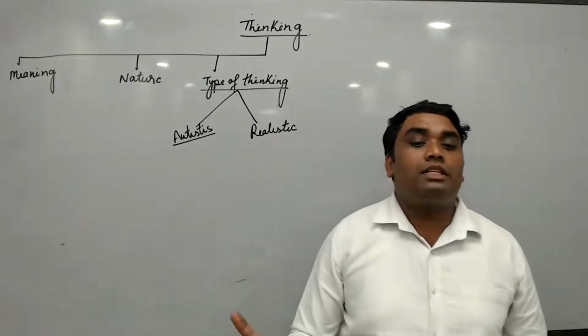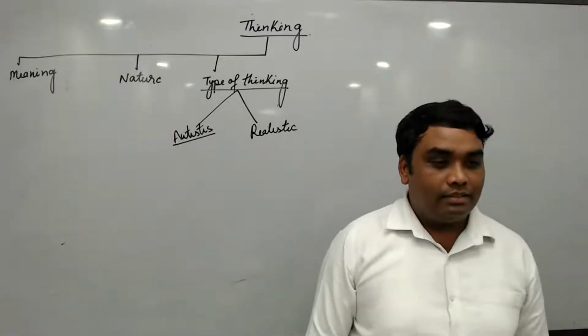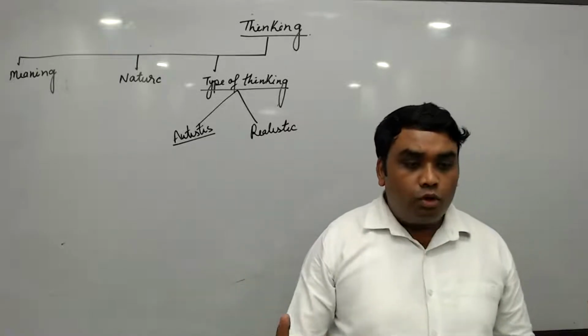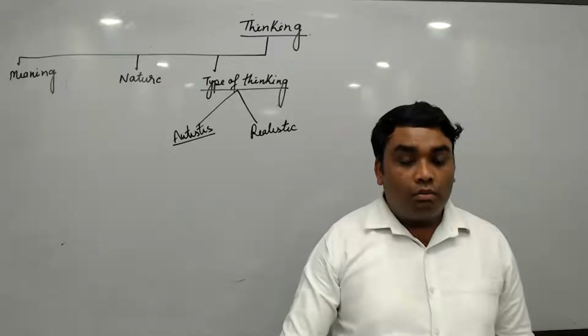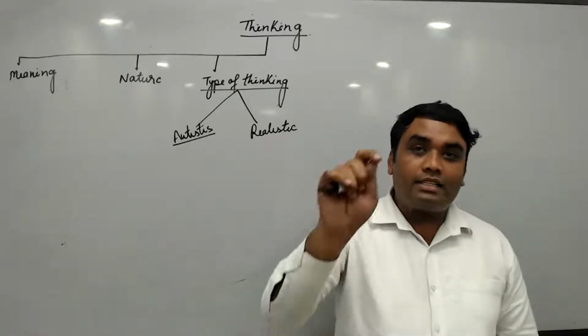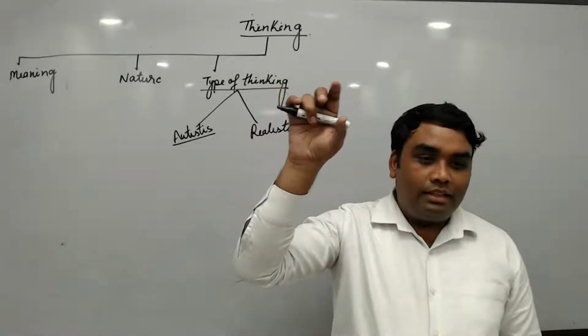Auto means which is not based on reality. Most of the songs, movies, and TV serials are based on artistic thinking, and it is clearly written that these are based on